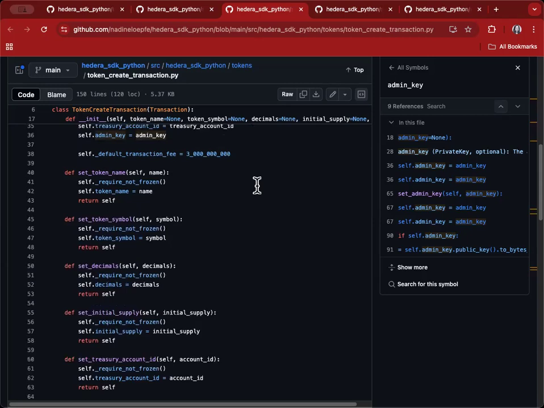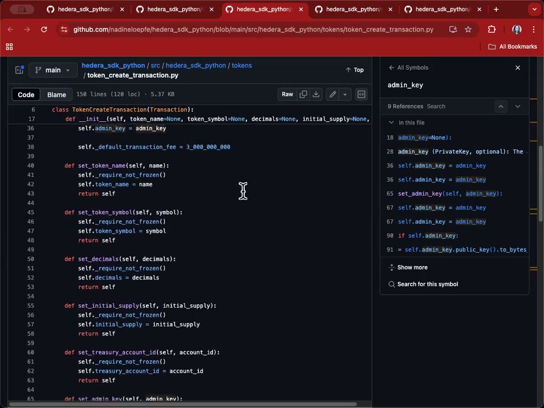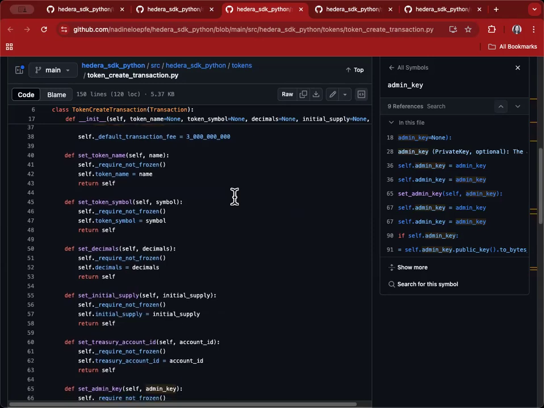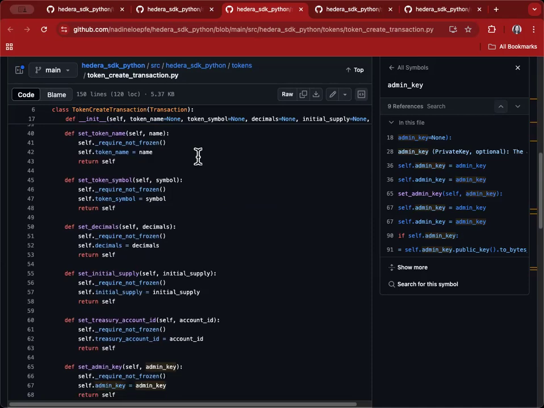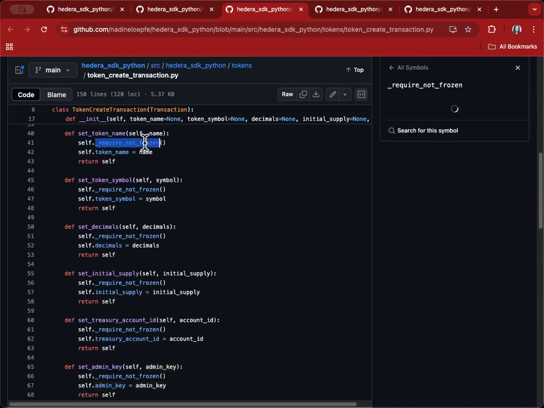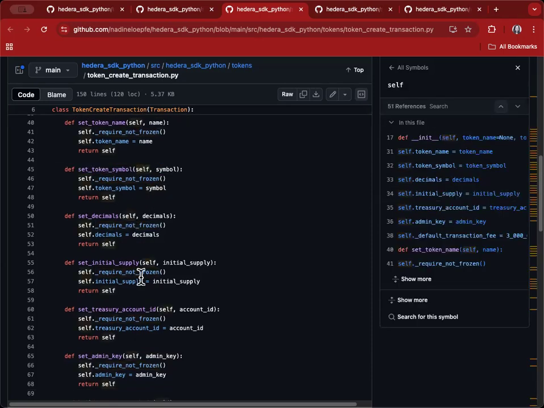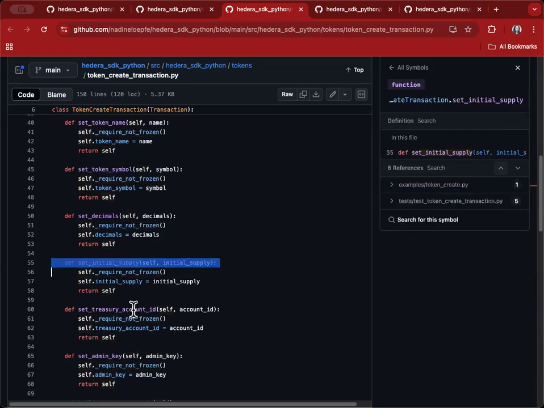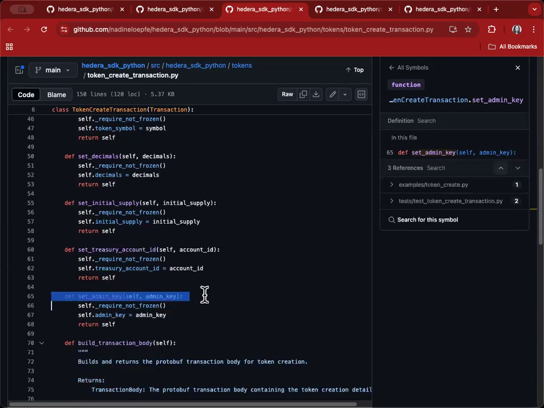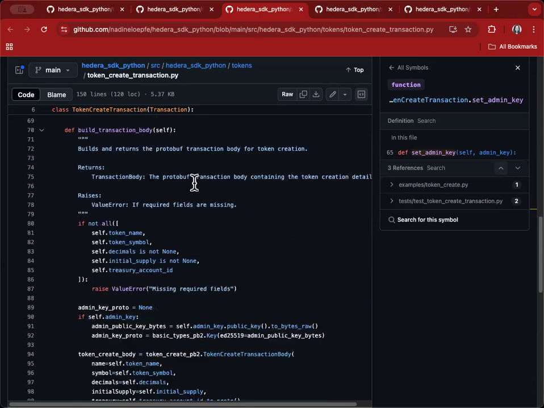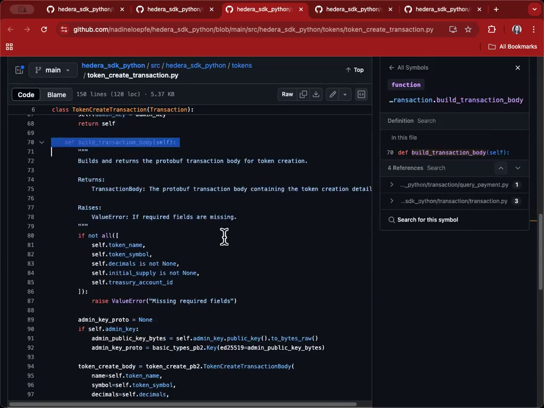So inside this token create, we have given the tokens a name. So we're going to say that we're going to require a name. It can't be frozen. It needs to have a symbol, decimals. So we're going to make sure that we have all these fields required for the token create. We're going to then get ready to create the token creation transaction